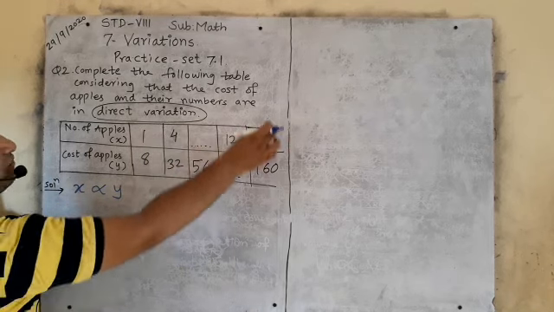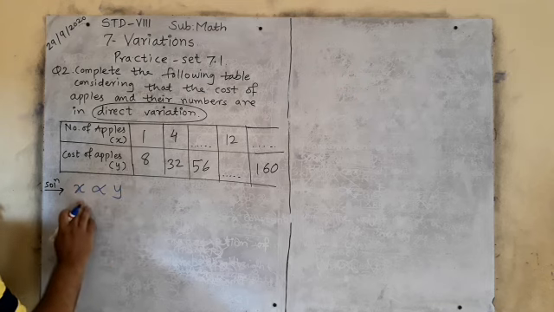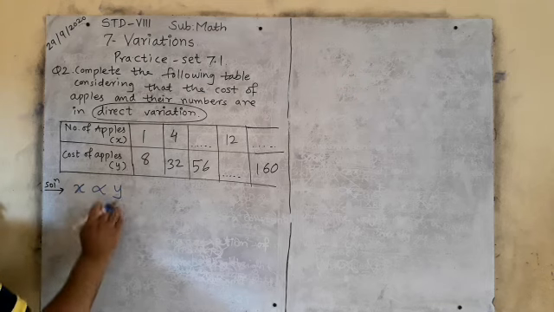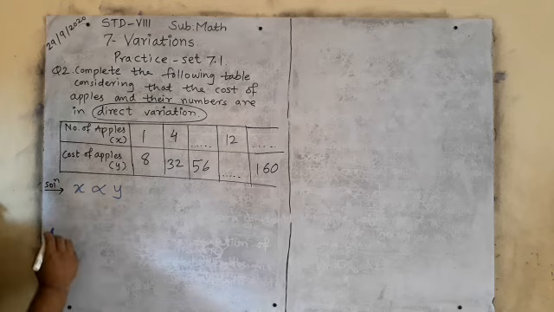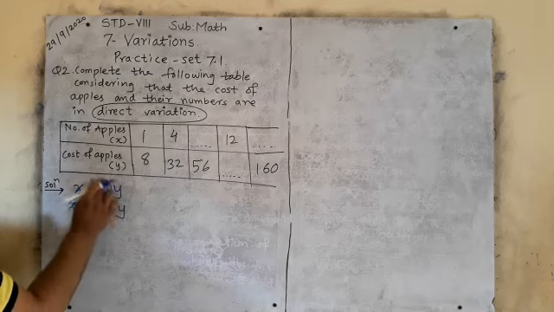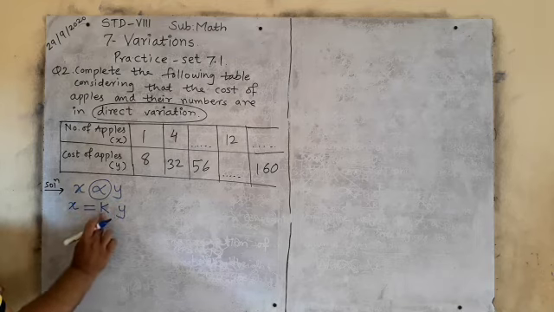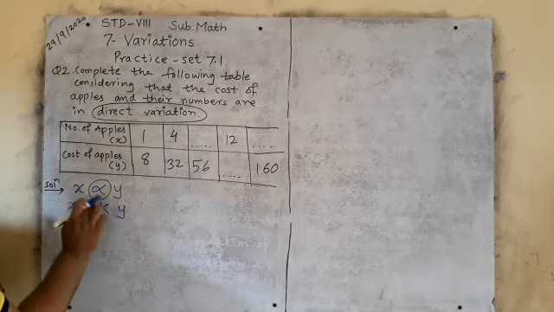K for constant. Okay. So now we will write this mathematical relation, that is X is directly proportional to Y. We will convert it into an equation. See, X will stay as it is. In place of alpha, we will write equals to K, and Y will stay as it is. Is it clear? X is directly proportional to Y. X as it is, in place of alpha you will write equals to K and Y as it is.